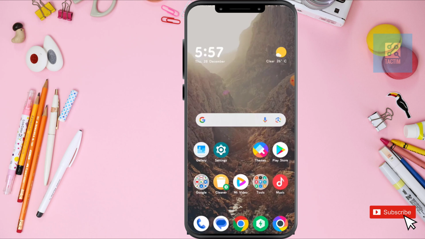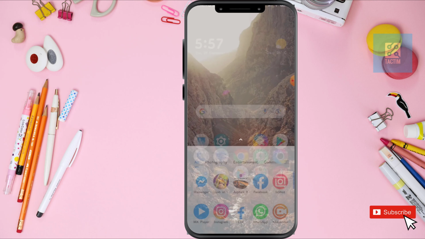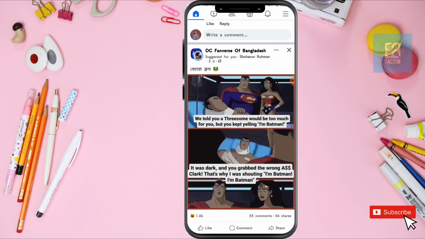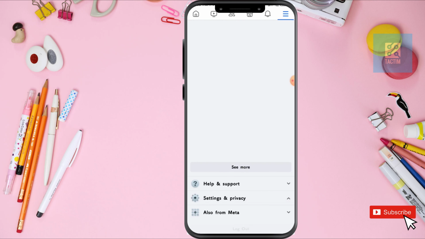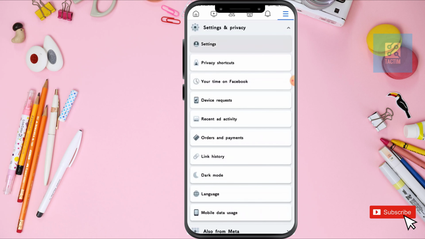In this video I'm going to walk through how you can clear the videos that you have watched on Facebook. So if you want to clear it, go to Facebook. After that, click the top right three dash icon, scroll down and click on Settings and privacy. Click on Settings,